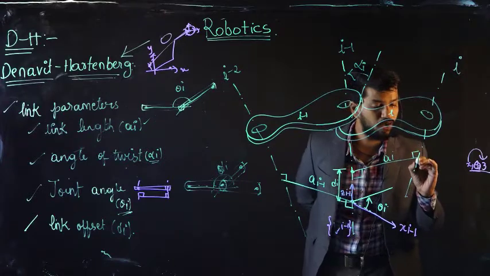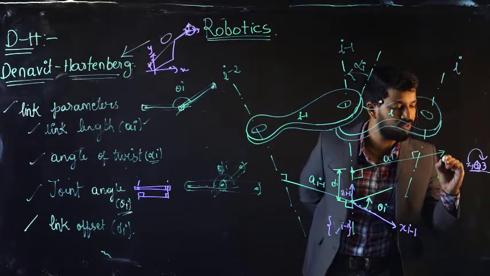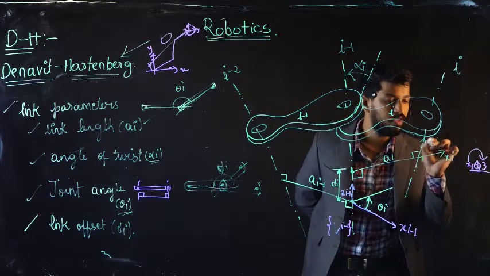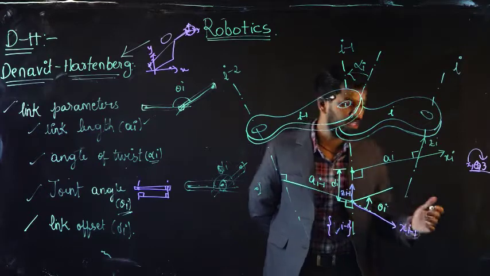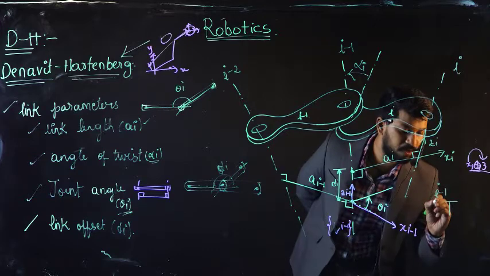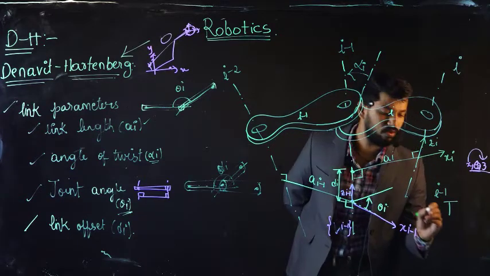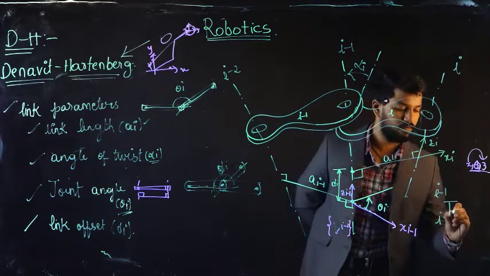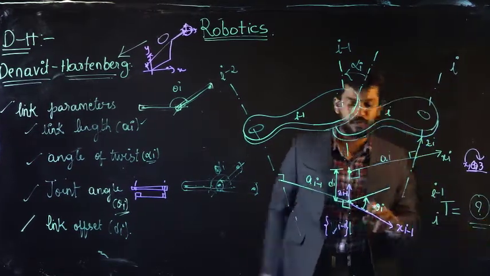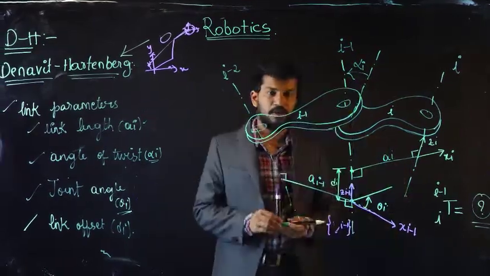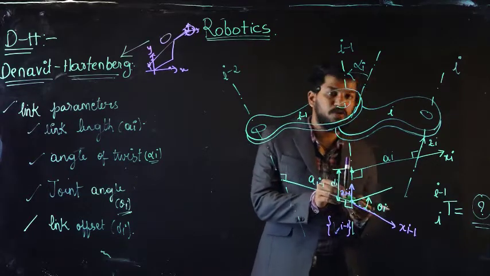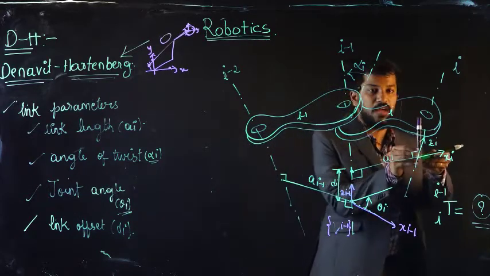As I have already said, the x-axis I will mention along the link length. So this will be my xi. Obviously, this will be my zi. So our primary goal was to identify a transformation matrix which can move my point from the i minus 1 frame to frame i. So what are the different transformations we need to find so that our points can move from here? If you observe clearly, this is my xi minus 1, this is my zi minus 1. Overall, I need to make a transformation so that I can move from the i minus 1 frame to xi, zi.